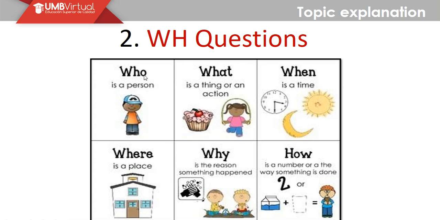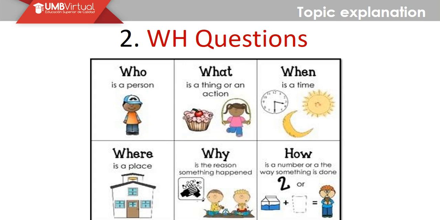Who, cuando nosotros utilizamos who, sabemos que nos referimos a una persona, estamos preguntando quién hizo la tarea, quién viajó, etc. So who is related to a person. What is a thing or an action? What's your name? Es una pregunta a nivel general. What do you do on weekends? What do you like eating? Right? Entonces, como tal es un WH que corresponde a una acción, a una cosa, algo que queremos saber, pero